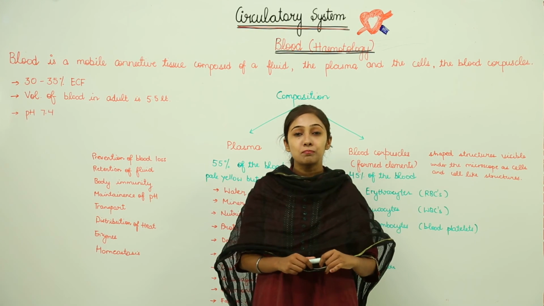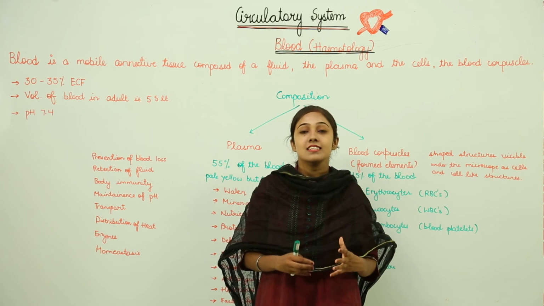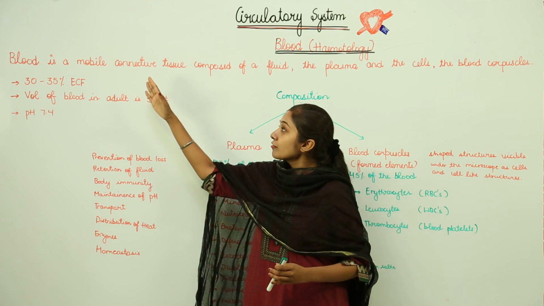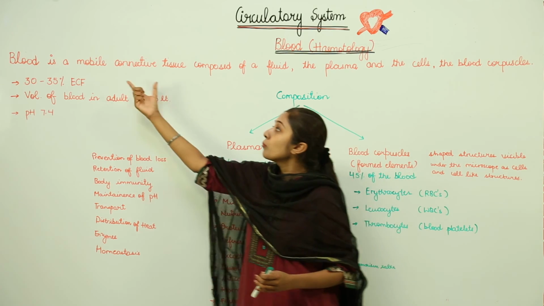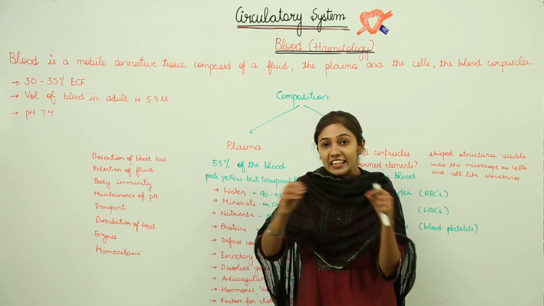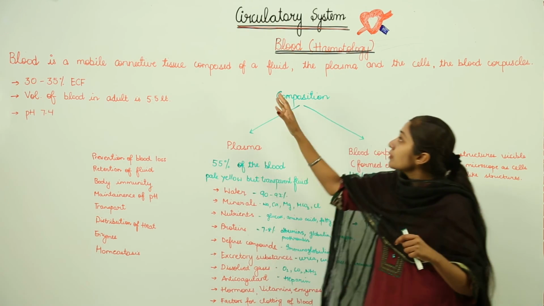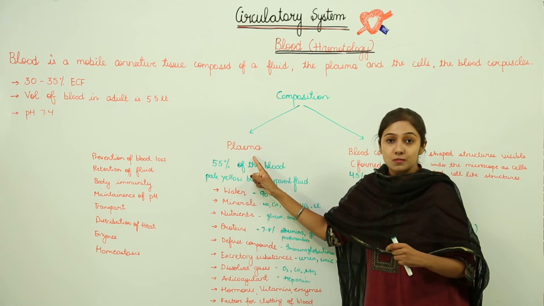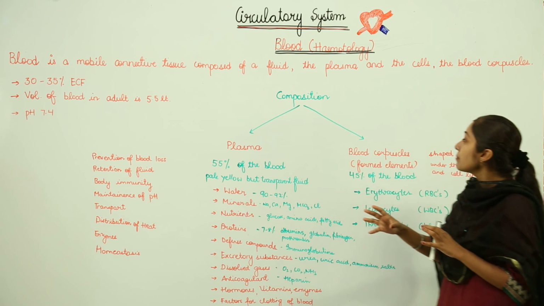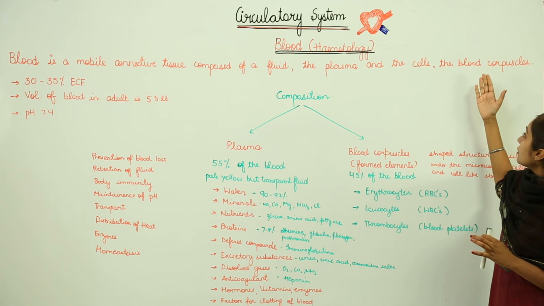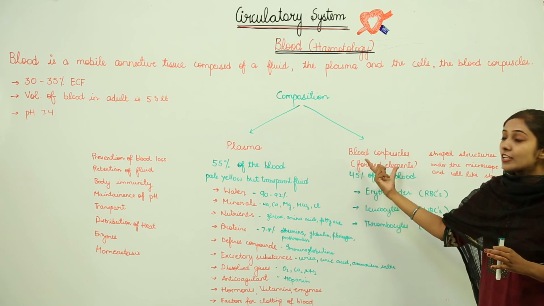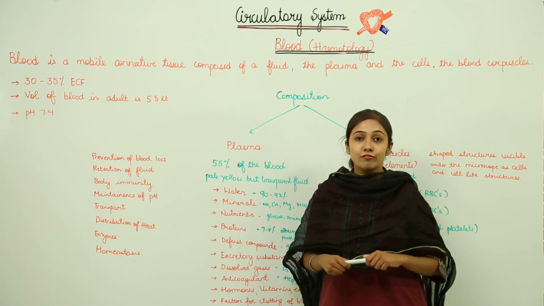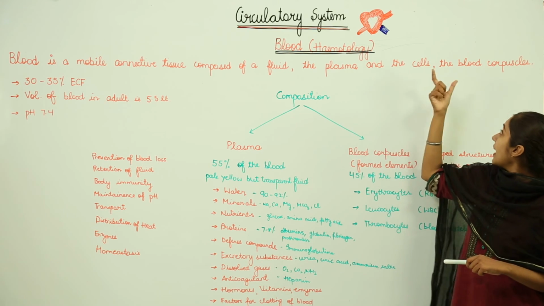Now let's start with blood. Well, blood is actually a fluid connective tissue, right? It's a fluid connective tissue, or you can say a mobile connective tissue, because it's constantly moving, which is composed of a fluid. That is what? The plasma. The fluid is the plasma part, and the cells, which are the blood corpuscles, right? So blood is a mobile connective tissue composed of the fluid, that is the plasma, and the cells, that is